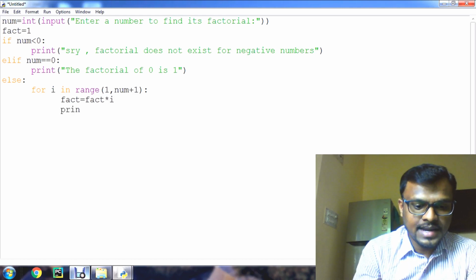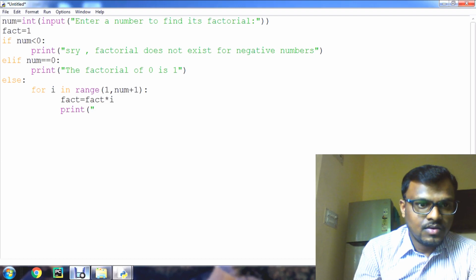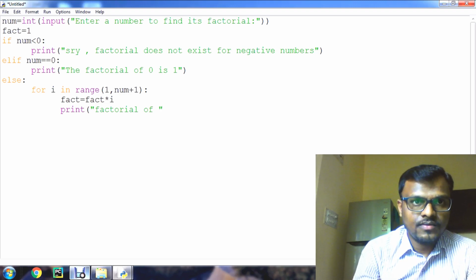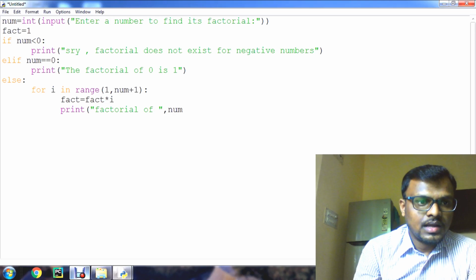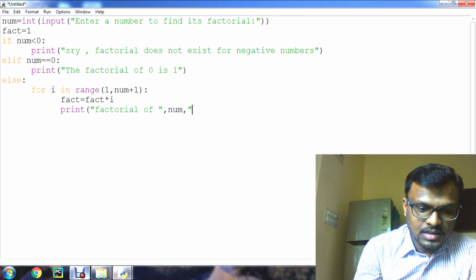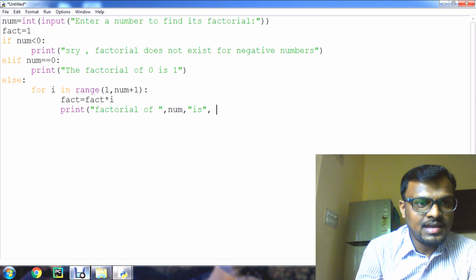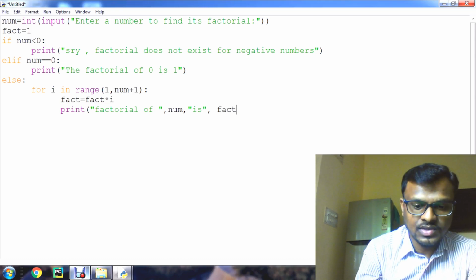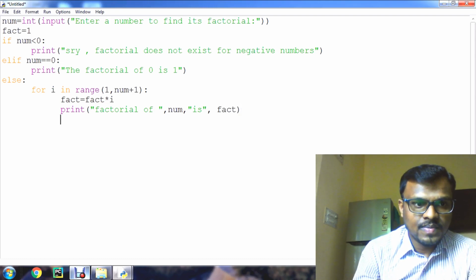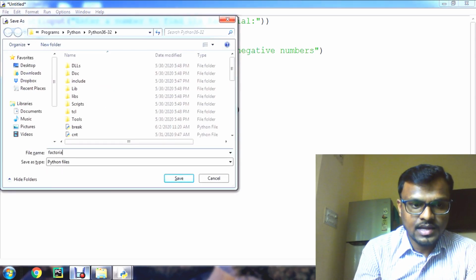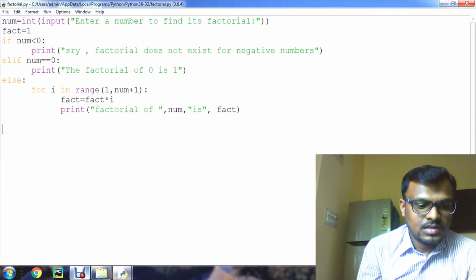After that, print the factorial of the number, comma, is, and the value is now stored in this fact variable, so give that fact variable here. Now save the program as factorial and run the program.